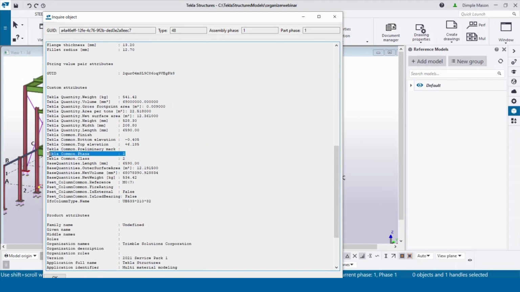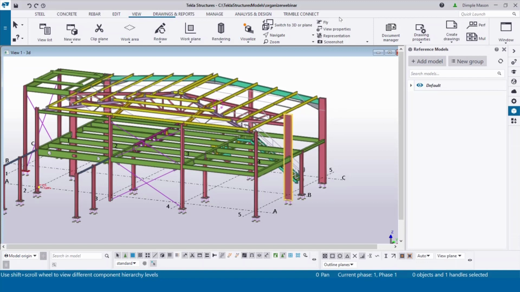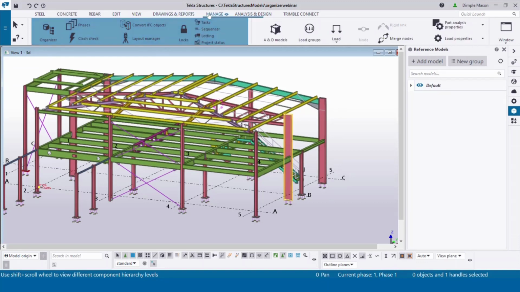Now, this model already has phases set for the items, and I want to use those phases within my interactive model once I convert the IFC. So we're going to create some attributes so that we can identify which items are in which phases and use that within our model. The first thing that we're going to do is open up the organizer. So if we go to Manage and Organizer,